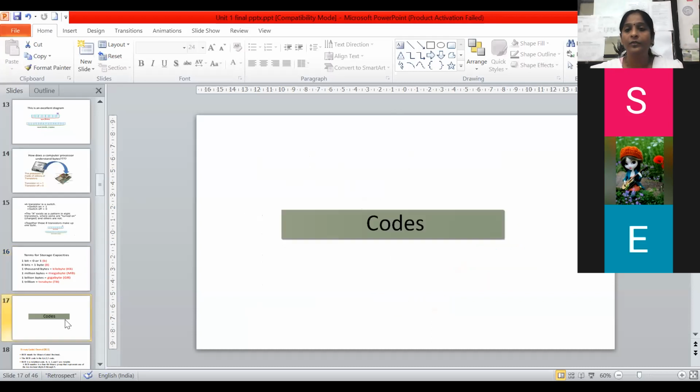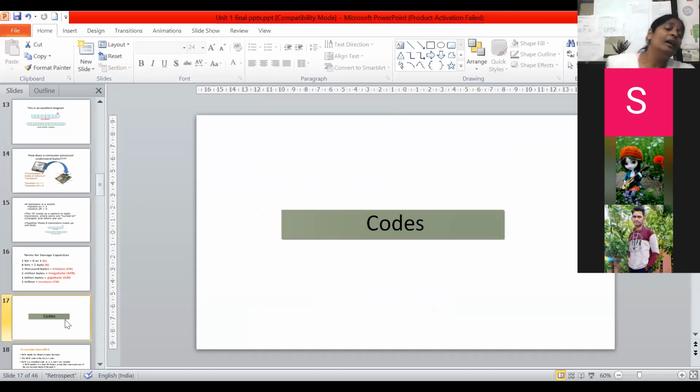Then now, if you don't have any query, we will start with our first point. This chapter is codes. At the starting of this digital technique subject, I gave an example of codes to all of you. Whichever language you are going to understand, in that language only I am supposed to speak with you. That is nothing but a code.